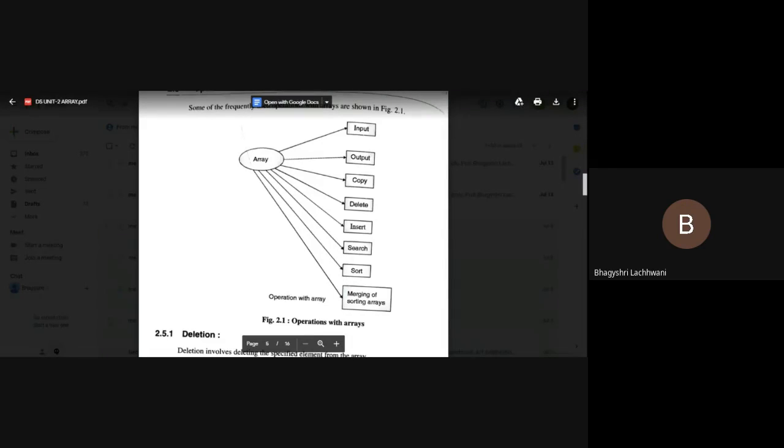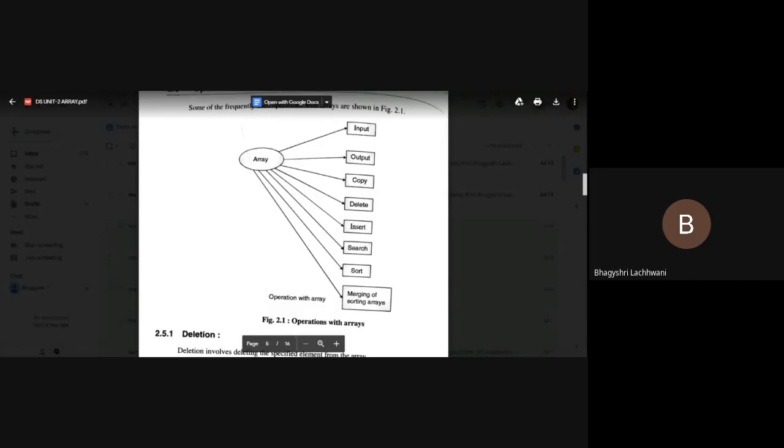That means all the elements of the array, and still you are not getting the result of the element you have to search. Just take an example. I'm giving you an array. The array has 5 elements: 1, 2, 3, 4, 5. I'm giving you a task: search whether 7 is present in the array or not.